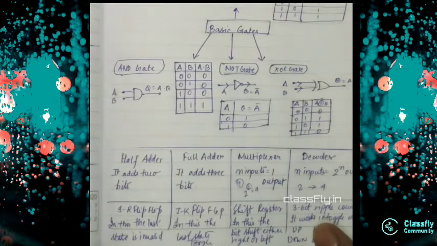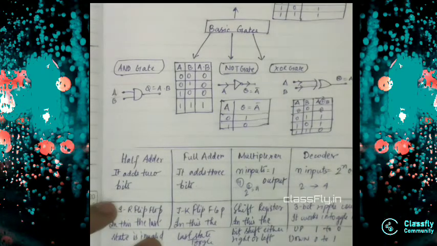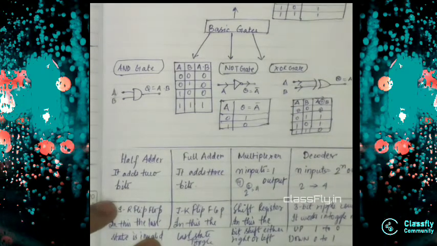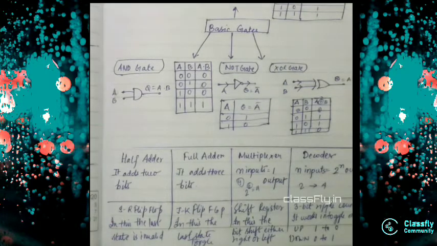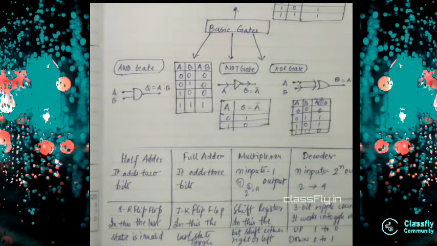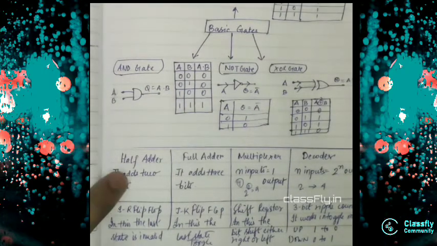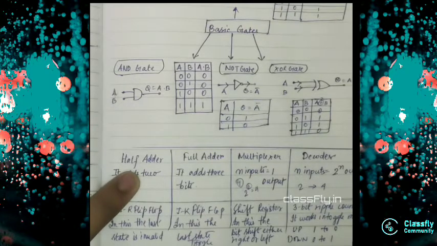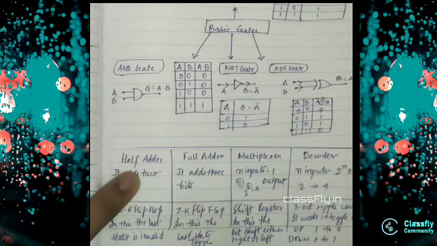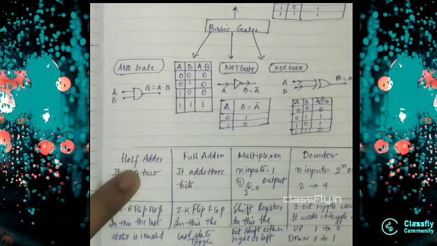In this the bits get shifted, that is the binary information can be shifted from left to right depending on the user's choice. The 3-bit ripple counter works in the toggle mode, and the up counter is a triggered one, that is negatively triggered, that is it will change its value only when 1 is changed to 0, whereas the down counter will change its value when it changes from 0 to 1.